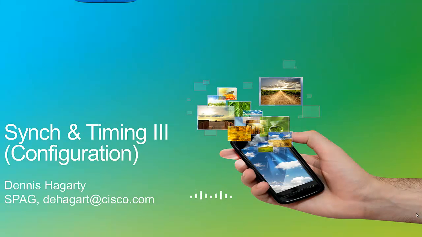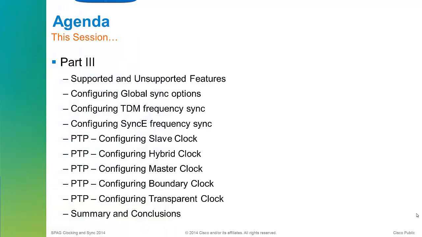Part three is synchronization and timing configuration. What we want to cover here is, we understand the concepts of synchronization and timing, we understand phase, and we understand time synchronization. We now know what PTP looks like. The idea is, now what do I do? So I decided to pull together a presentation which gives you an example of configuring PTP